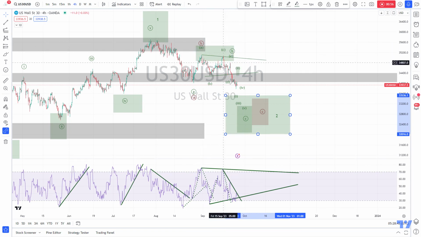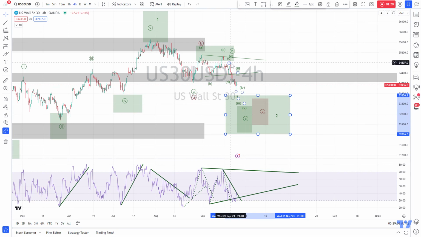So this means that I favor here the triangle scenario for now, and that would mean that our wave A was in here. Then we had a triangle A, B, C, D, E as a wave B. We broke to the downside, and so now